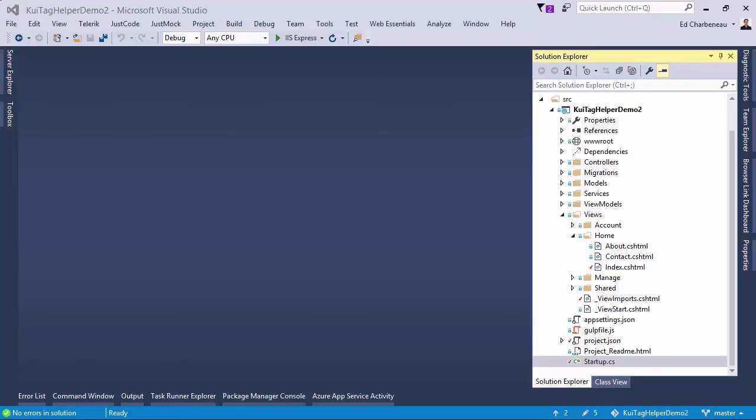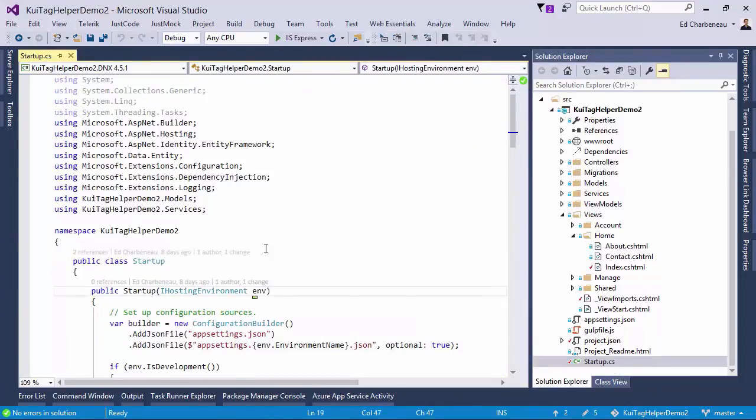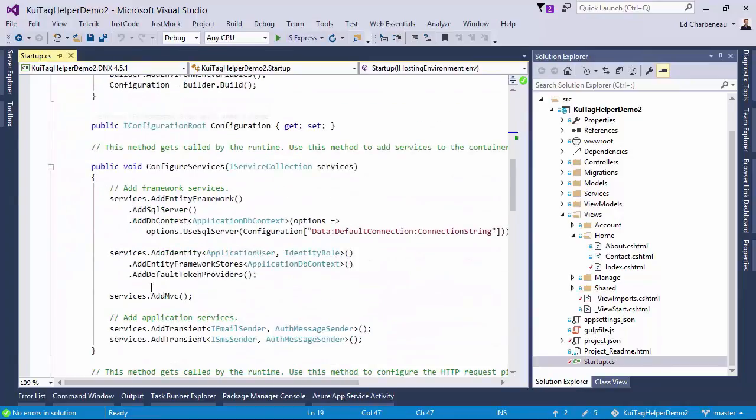So back in Visual Studio, I have a brand new ASP.NET Core MVC project open. Now things are a little bit different in ASP.NET Core, so I saved some of the setup process to show you guys, and all I've added so far is the dependencies for Kendo UI. I'm going to go into my Startup class first, and scroll down to the ConfigureServices method,